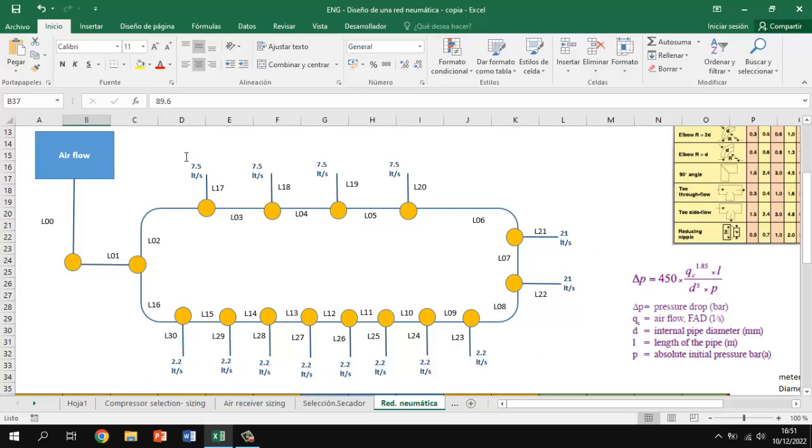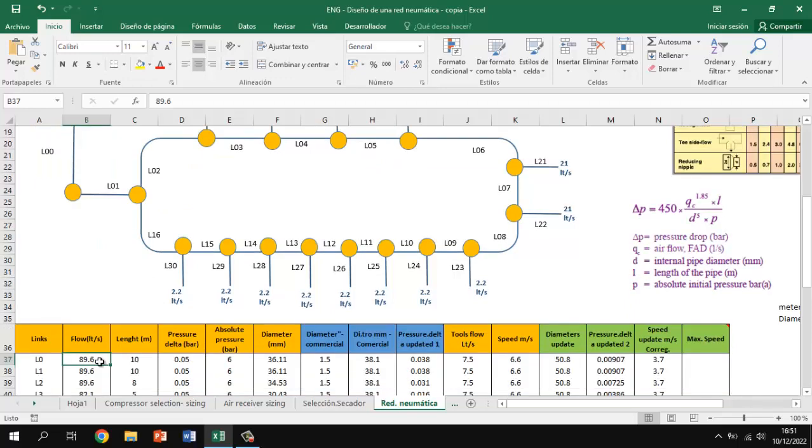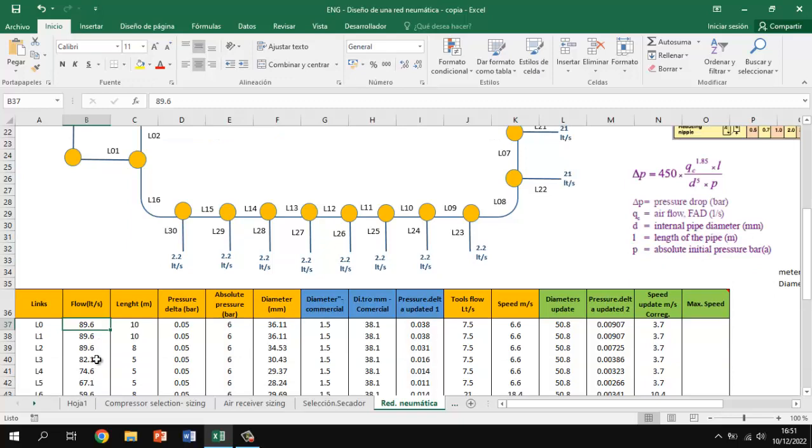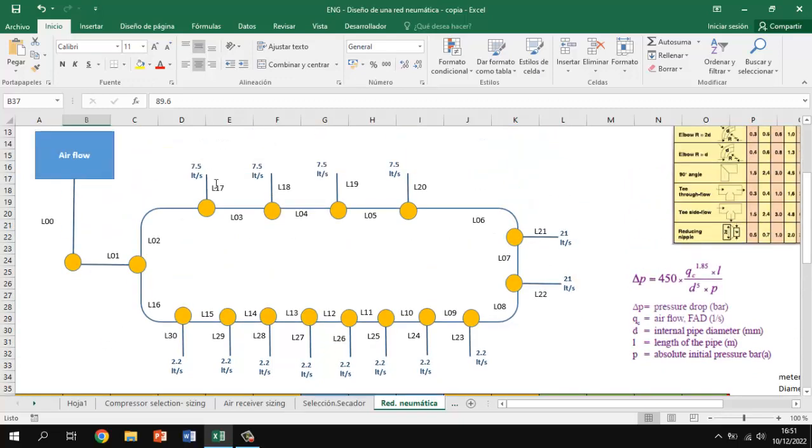So what does it mean? It is 7.5 plus 7.5 and so on until 2.2. That's the reason why you see 89.6. And then why is it 82.1? It's a difference because you have 89.6 for link 0, link 1, link 2, but on link 3 it's a different value, 89.6 minus 7.5, because this is your demand while this pneumatic tool is working,